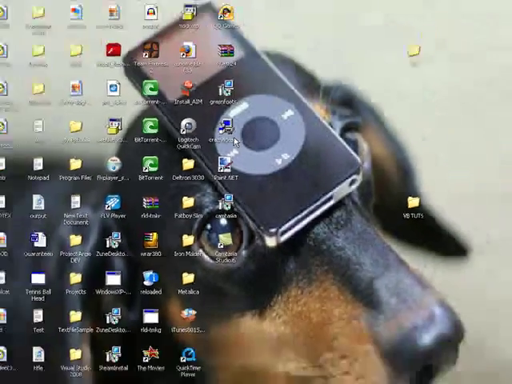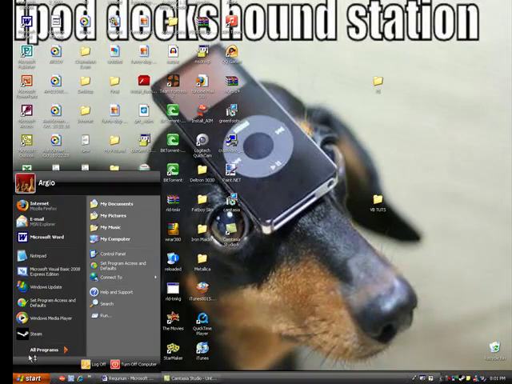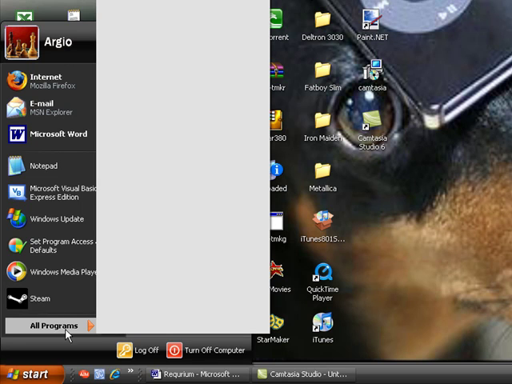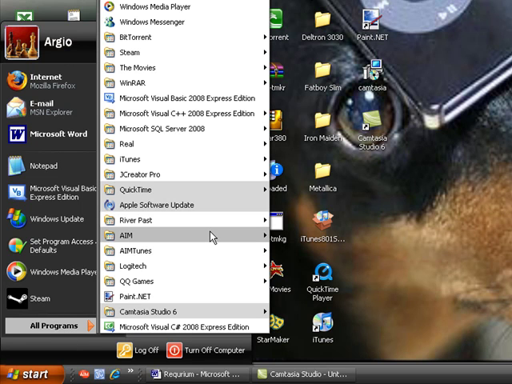At that point, you can go to your start button, and your compiler should be right inside. Wait for that to load; it's a slow computer for me. And there it is right here.